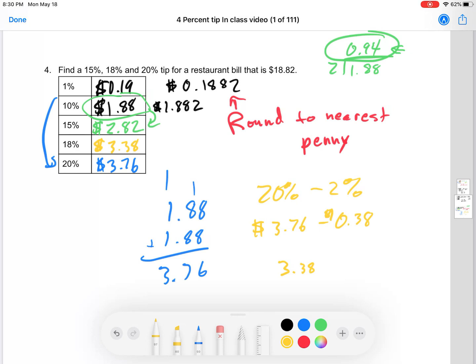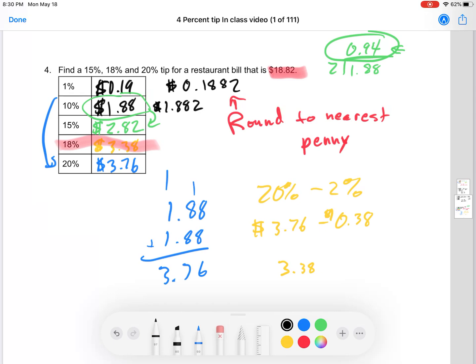So if you were to pay for a bill and you felt like somebody did really good service for you, you might look at this and say, wow, my bill is $18.82. And you know what? I thought they did a good job, and that I would like to give them an 18% tip. So you would then give them $18.82, right? You would end up,